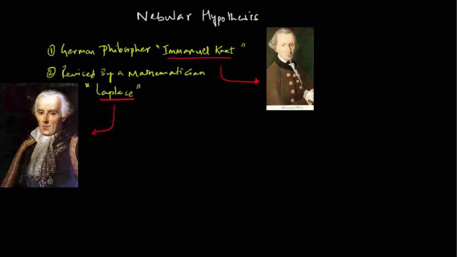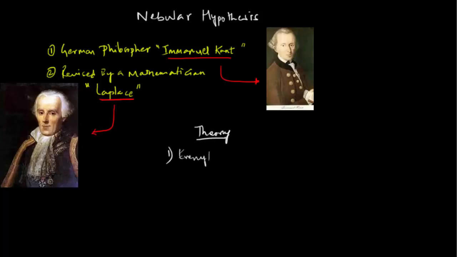In this video, we'll try to understand the early theories behind the origin of the Earth. Now, many hypotheses were recommended by various philosophers and scientists regarding the origin of the Earth, and one of the earlier and popular arguments was made by a German philosopher named Immanuel Kant, and later on a mathematician named Laplace revised it in 1796. So to understand this theory, I recommend that you go with this order.